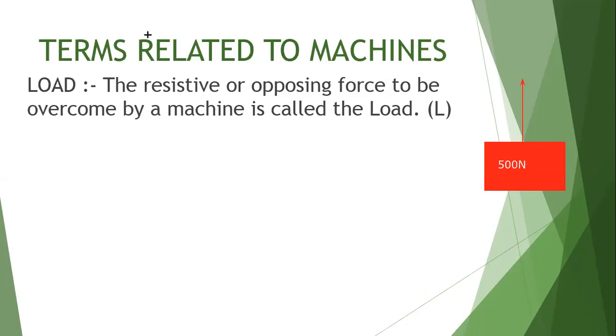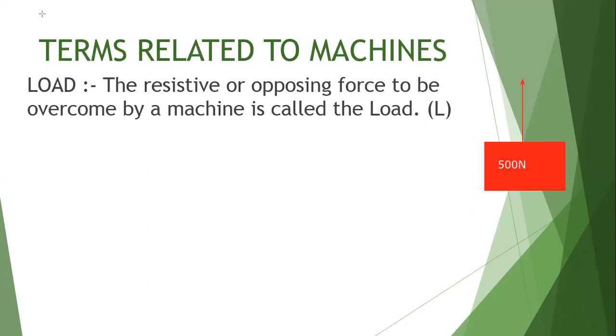Means it is something which we are not going to apply. It is the machine that is going to apply, and that force is called the load. Exactly. If you are directly going to lift it, then you are going to apply a force of 500 Newton, but you are not directly going to lift it. You are going to lift it with the help of a machine. So obviously, the machine has to apply 500 Newton of force. So the force which the machine is applying is called the load. So if I use a machine in this condition, then that will be my load.